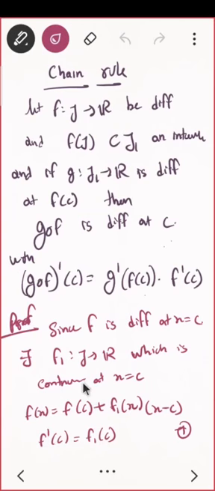Let me just tell you once what we did. See, we started with f is differentiable. So what is the definition of differentiability? That is, there exists an f1 such that this should happen, and that f1 must be continuous at x equal to c. This is the definition of differentiability. So I did it for f1, and since g is differentiable at f of c, I wrote it for g as well. Next page.